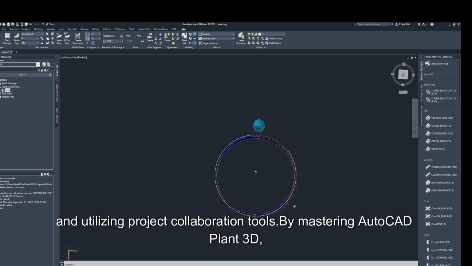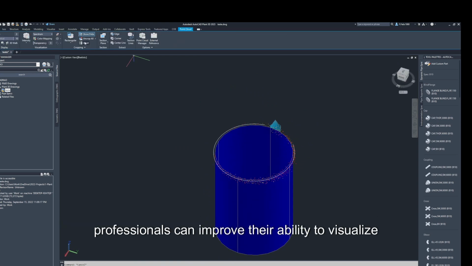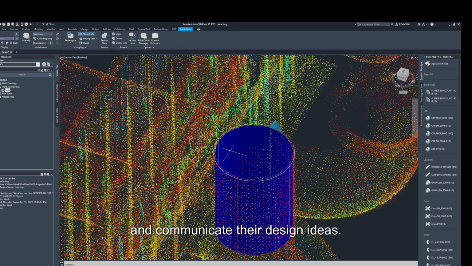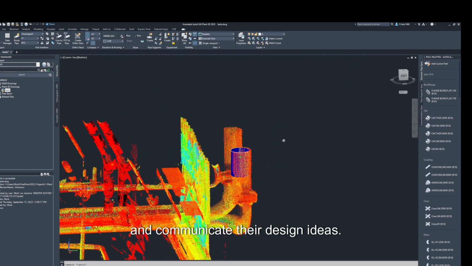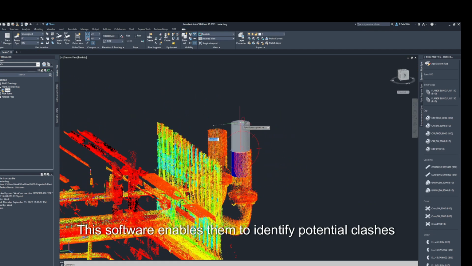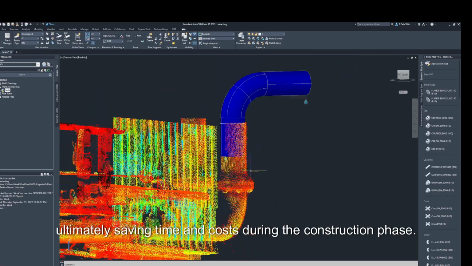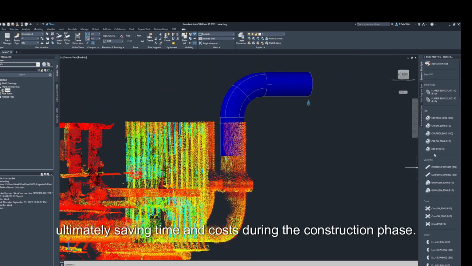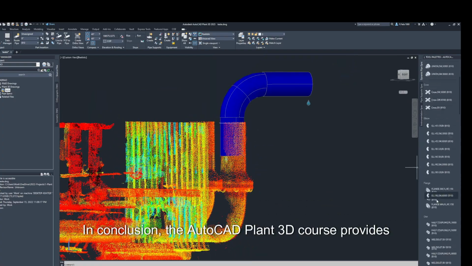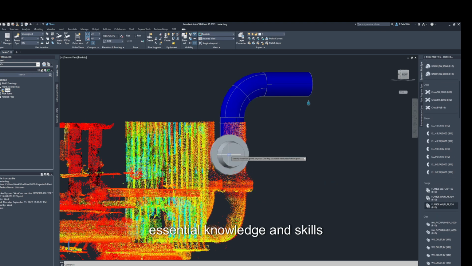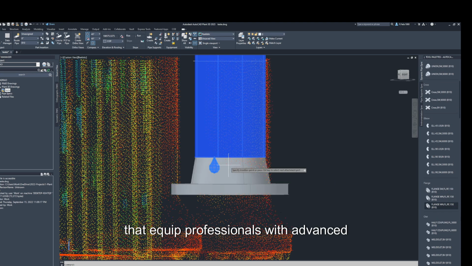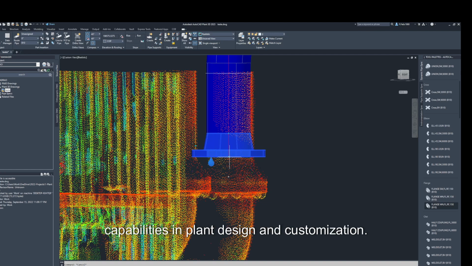By mastering AutoCAD Plant 3D, professionals can improve their ability to visualize and communicate their design ideas. This software enables them to identify potential clashes and errors early on, ultimately saving time and costs during the construction phase. In conclusion, the AutoCAD Plant 3D course provides essential knowledge and skills that equip professionals with advanced capabilities in